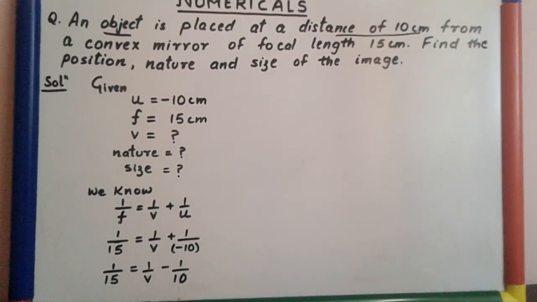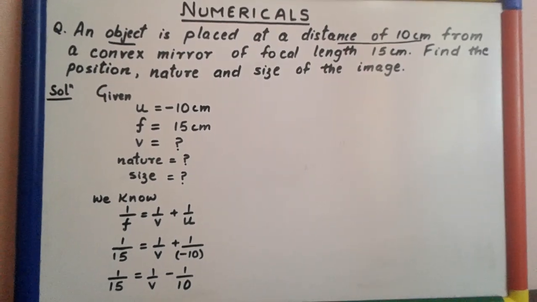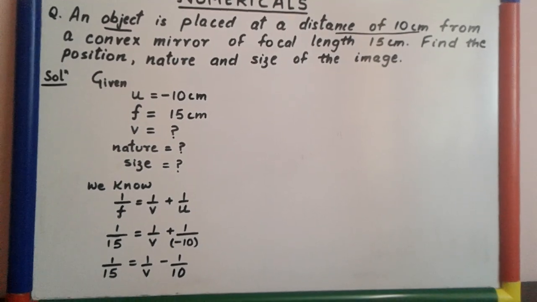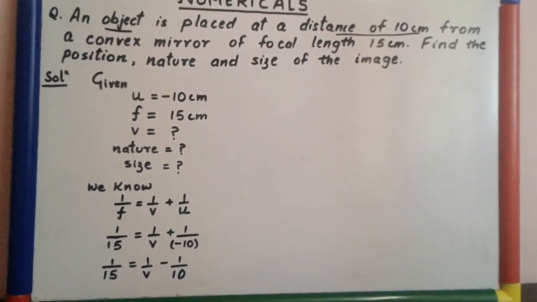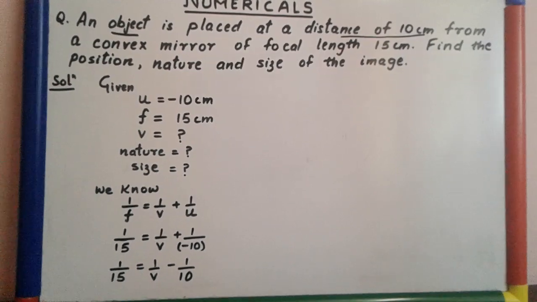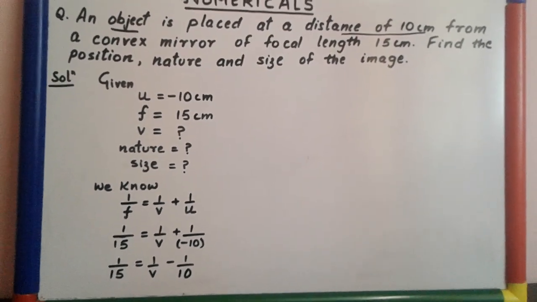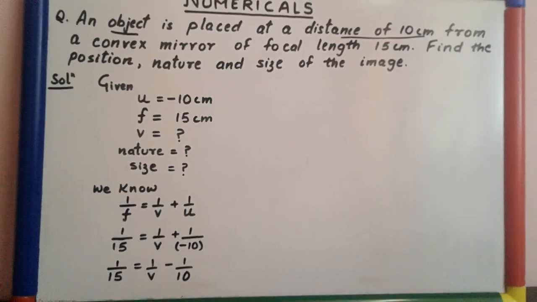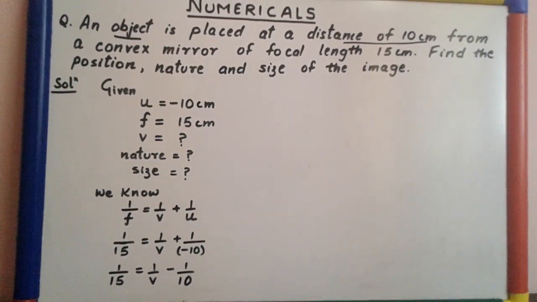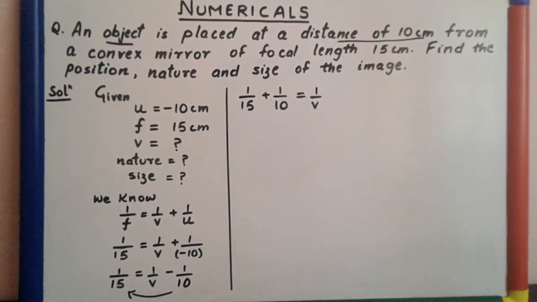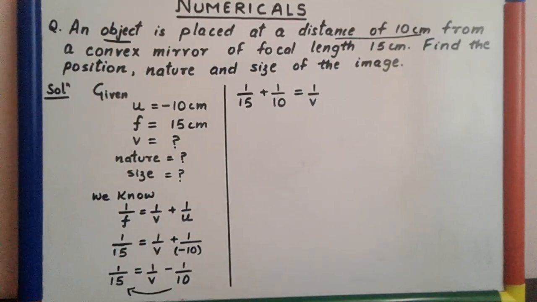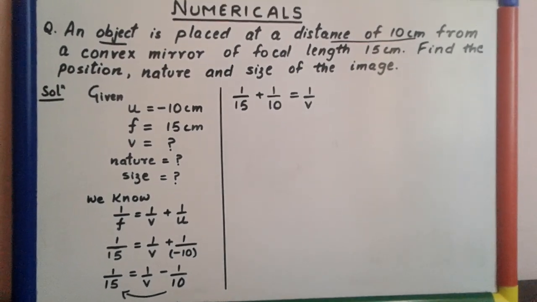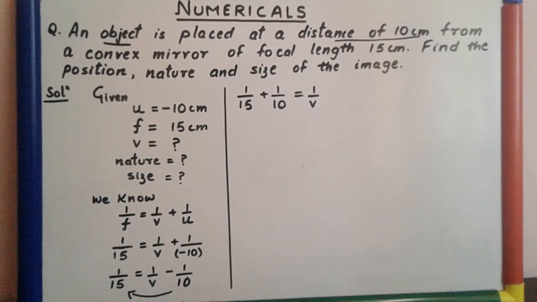You can see we have used the mirror formula 1 by f is equals to 1 upon v plus 1 by u, and we have put the value of f and the value of u which was taken to be negative according to the sign convention. And now when we put the value, the negative sign in the formula, then the equation looks something like this. Let us further solve this. Now we are going to shift the value of 1 by 10, that is minus 1 by 10, to the left hand side, LHS, and then we are going to further solve it.